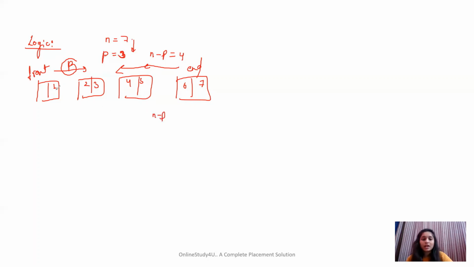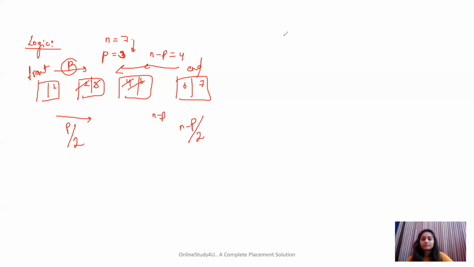So now, if I turn this page, will I be eliminating 2 pages at a time? If I turn this page, then 4 and 5 will get eliminated at once. So at every turn, I'm eliminating 2 pages. So to reach any specific page p, I need p by 2 turns, right? Or to reach n minus p pages, I need n minus p by 2 turns.